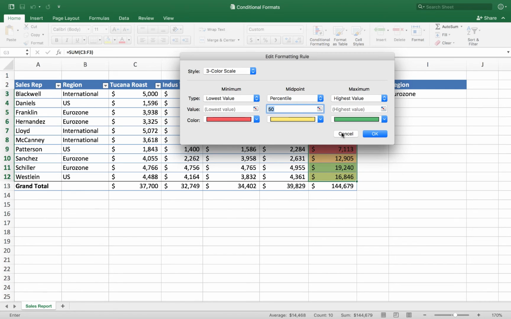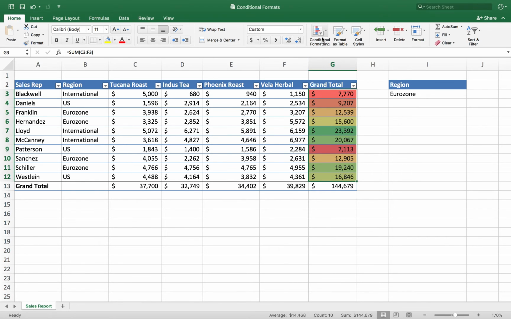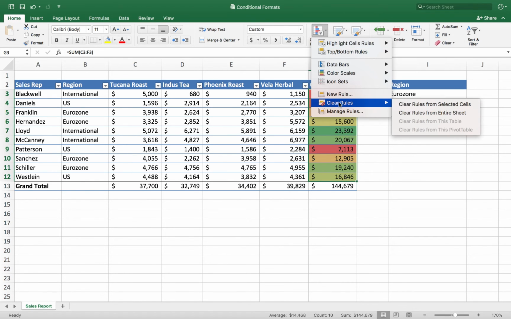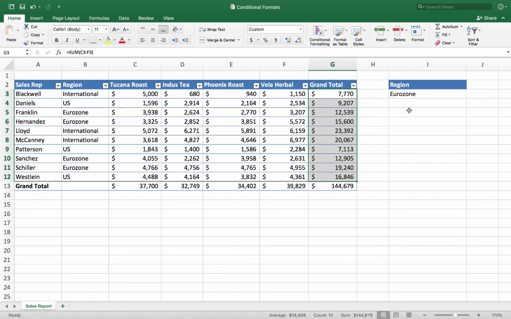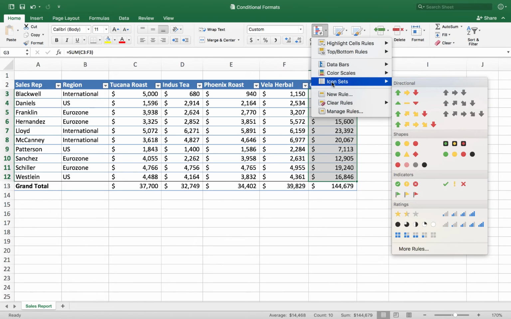So I'm going to go ahead and cancel out of here, and I think I'm going to cancel out this whole thing and just go back to conditional formatting, and again I'm going to clear the rule from the entire sheet. I think my favorite for the conditional formatting are the icon sets. So if you haven't checked that out yet, with the numbers in column G highlighted, go to conditional formatting and check out icon sets. We've got all kinds of cool icons here that you can use to color code stuff. So I'll go with the stoplight looking one, the traffic lights.